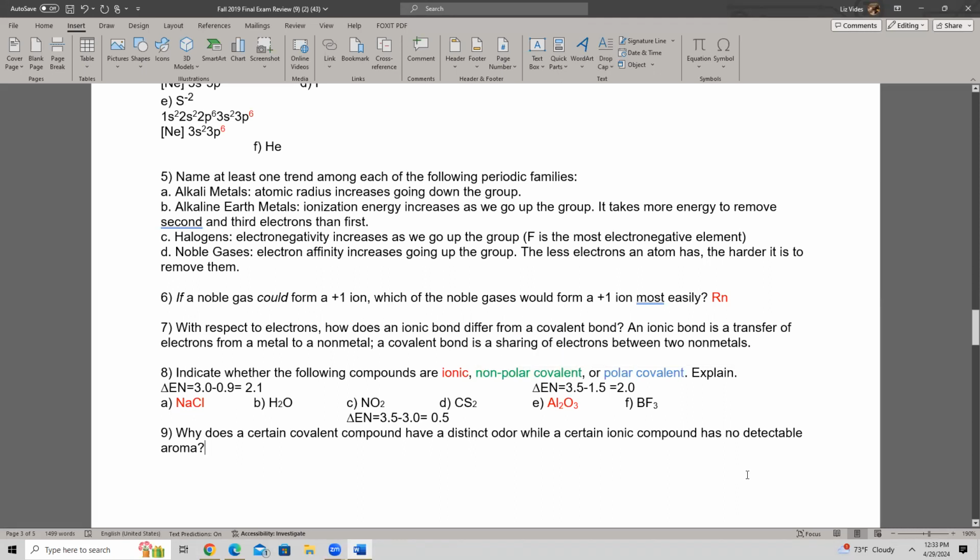All right, so based on this, NO2 would be hard to tell, yes? Because it can be either or. So the other way to tell whether it's a non-polar or a polar is to look at their Lewis structure. And to do that, we need the math for it. So let's do that math